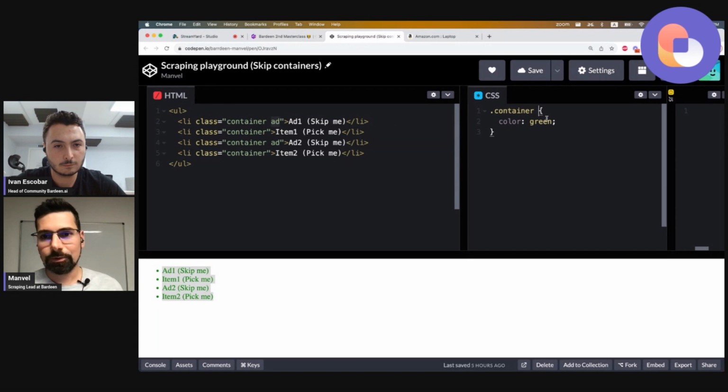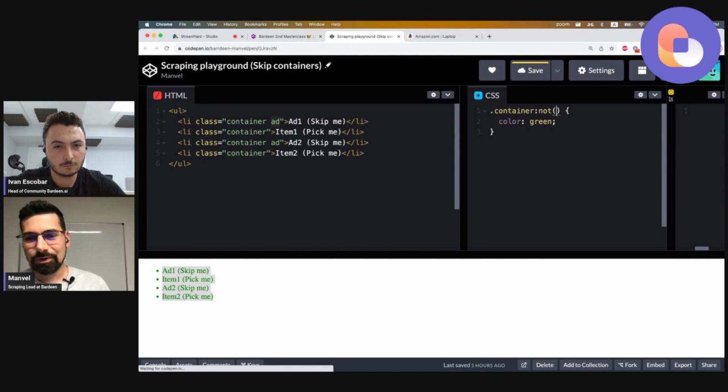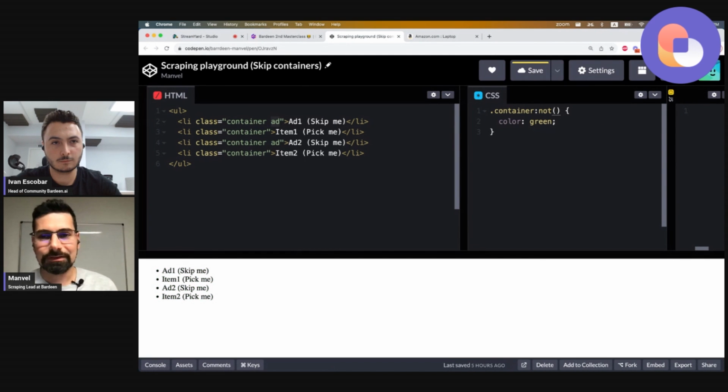And to do that, we will use something called a not pseudo class. Again, there are resources to learn more about them, but this pseudo class will suggest that I would like to select the element that has a class container but does not have class advertisement in it. And as you can see now, we're picking only the relevant elements. And we can use